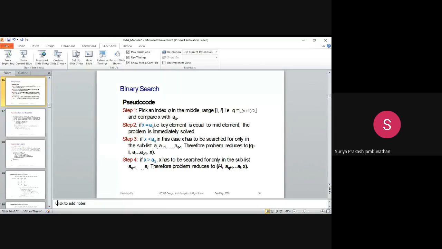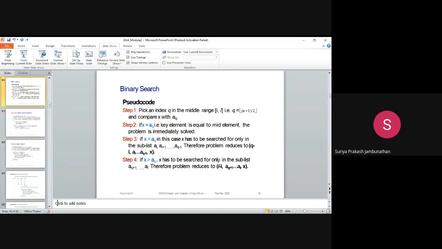Let's consider a small example. I have 7 elements, all in incremental order. Let's consider 1, 2, 3, 4, 5, 6, 7. So all 7 elements I have. How will I divide the values?